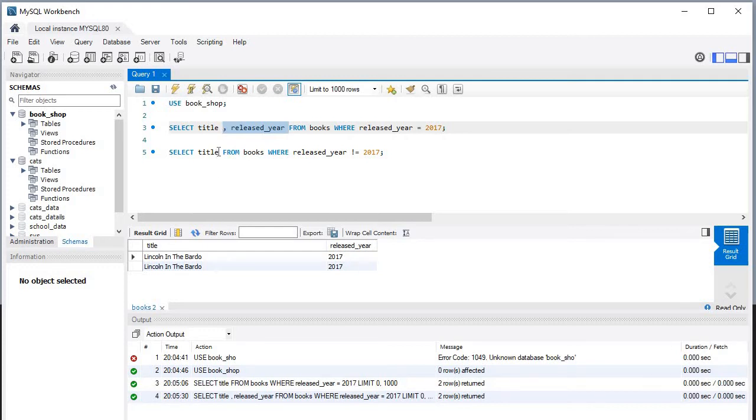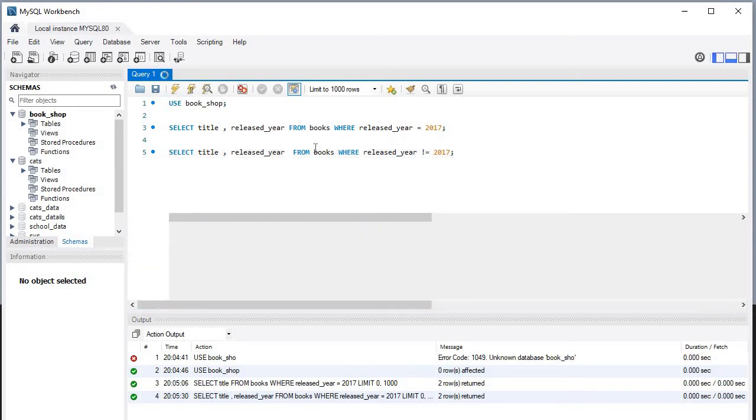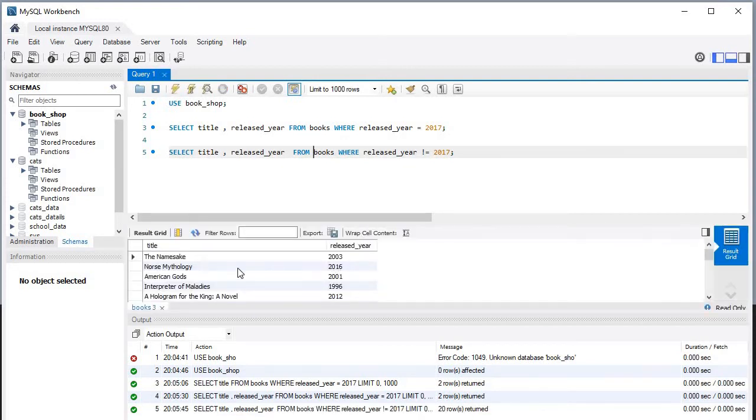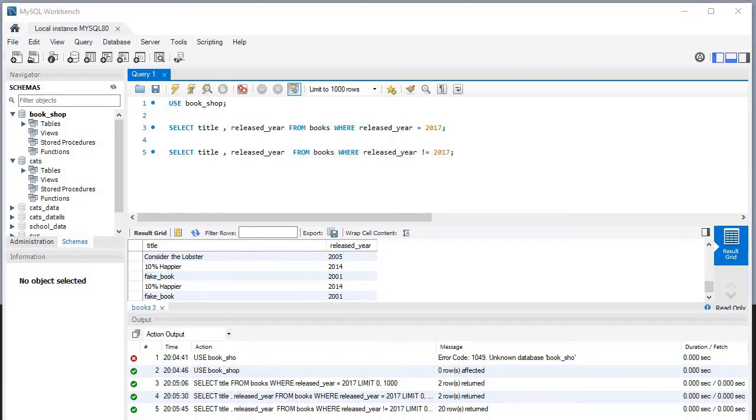I will show this for you with the year. You can see all the books except the books released in 2017. So this is how. And also if you want to select a book